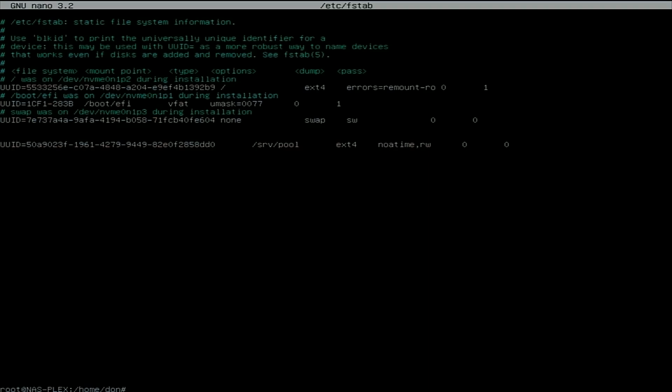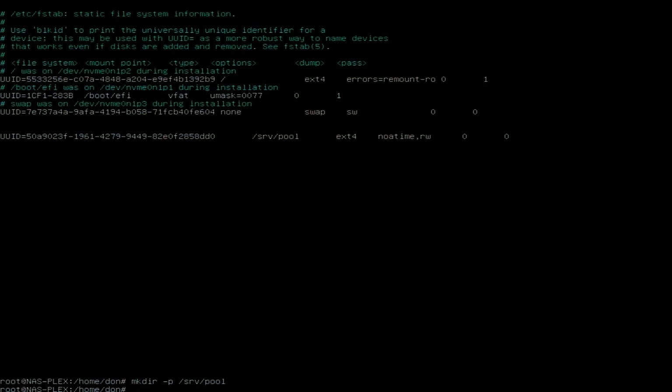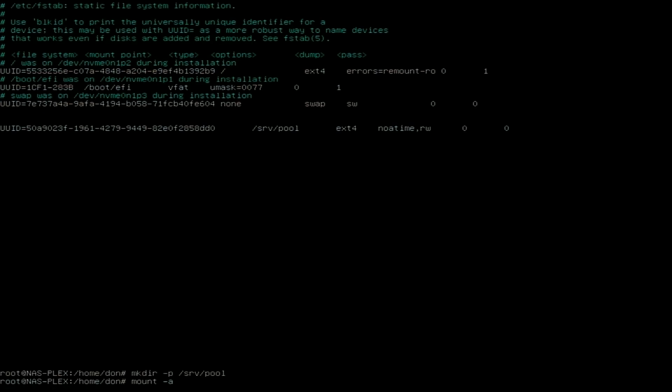So I'm going to do mkdir /srv, I think it's -p /srv/pool, and it's going to make that folder for me. Now if I do mount -a, it's going to mount that into that folder. And if there was an error, it would have popped out an error. So if I go to cd srv pool,